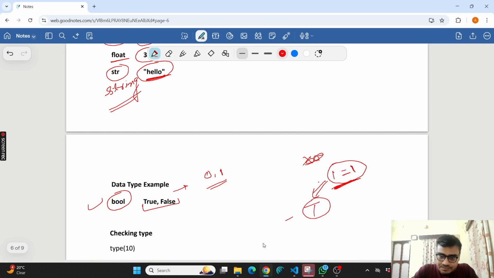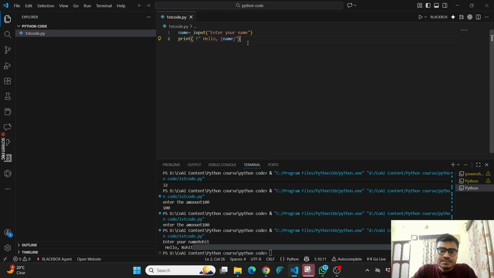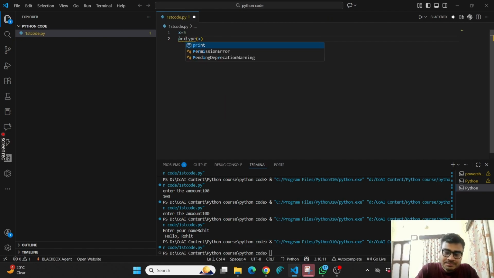Now suppose you have x equals 5. Though I know 5 is an int, if I want to know what the data type of 5 is, I will just use type and press run. Wait, I have not printed it, that's why. If I print type